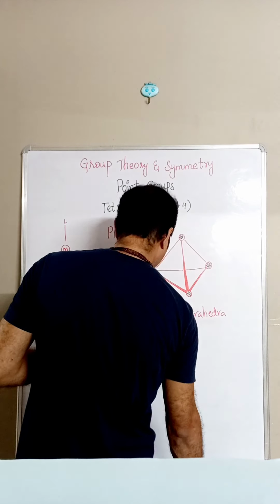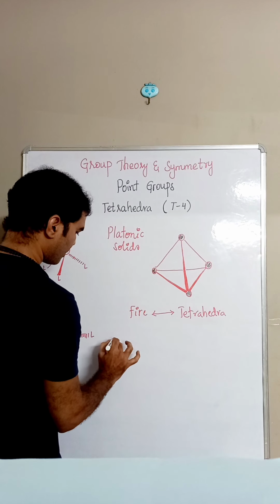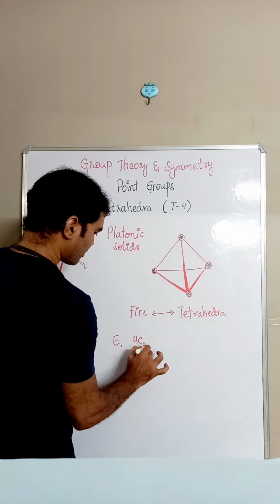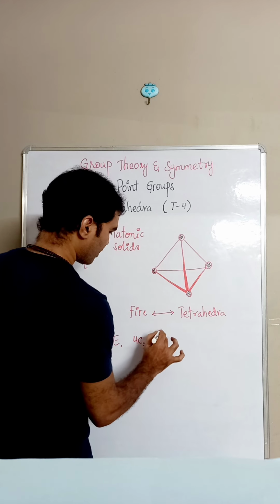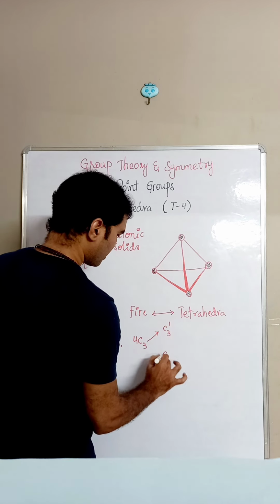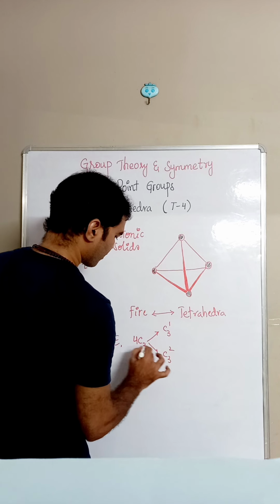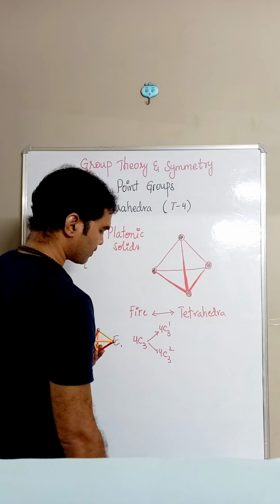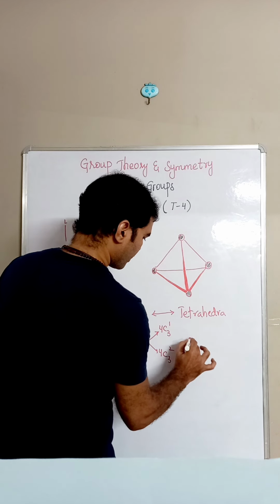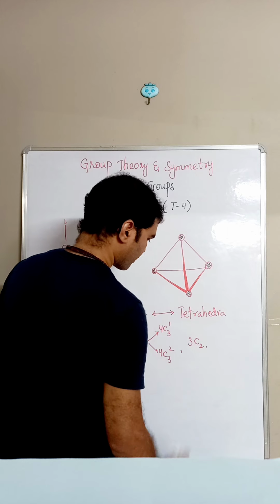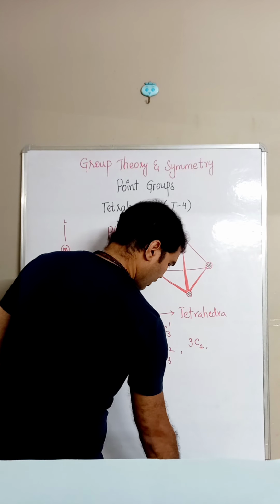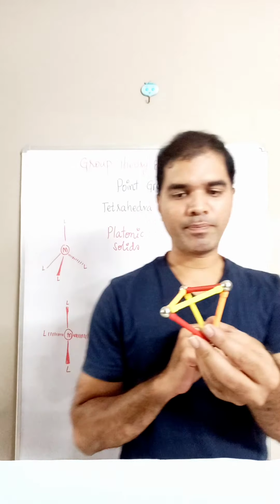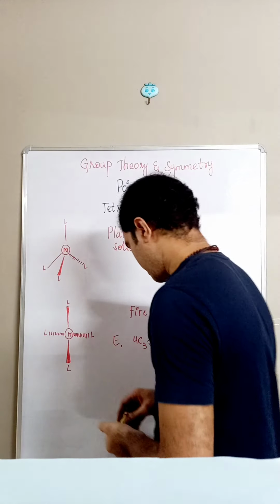First, let us write down these symmetry elements present. Identity is always there. 4 C3s are present, and each C3 will generate C3¹ and C3². Since there are 4 C3s, this will generate 4 C3¹ and 4 C3². We have also seen 3 C2s. All the rotational axes are completed. Even if you try to watch any other rotational axis, we cannot find them. Let's look at the planes.